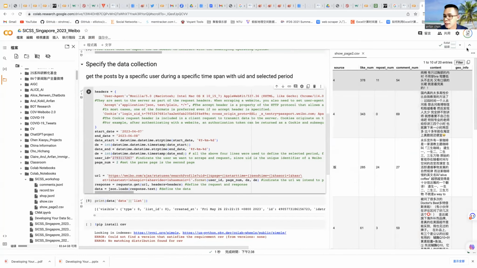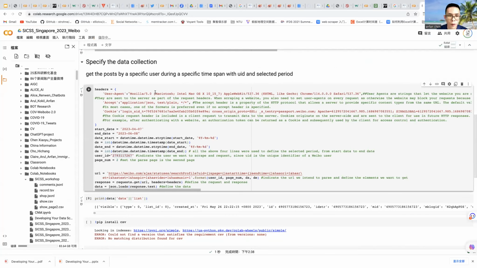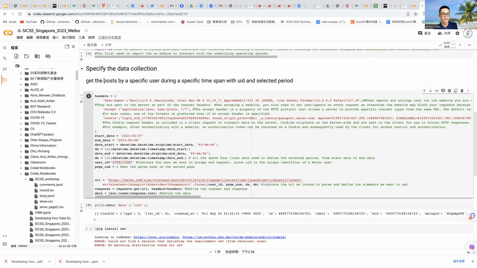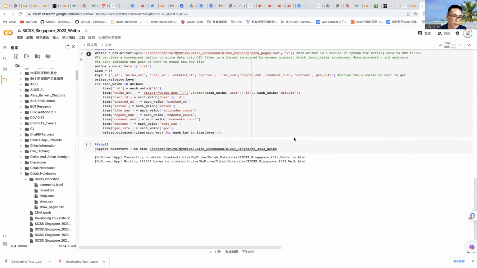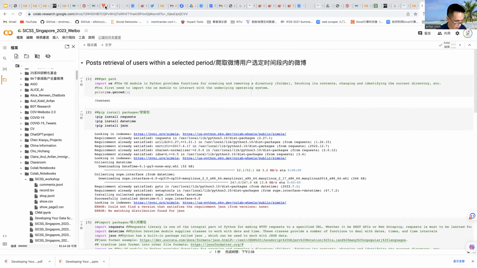Yeah, that's the thing we get from Weibo, to get the posts by a specific user during a specific time span with UID and selected period.